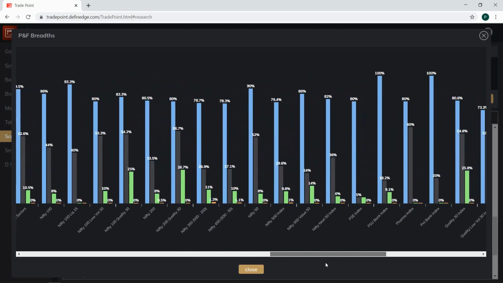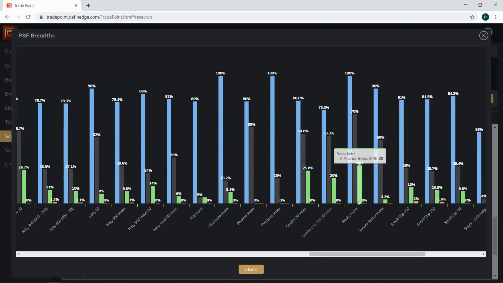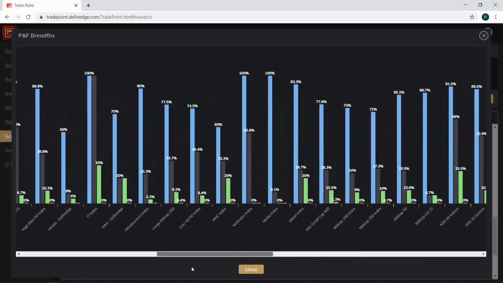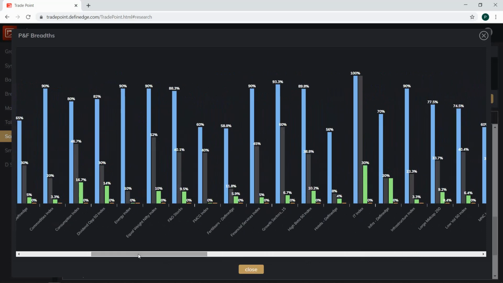So this visual analysis can quickly tell you, for example, here the realty index is very strong. All stocks in the group are in a bullish swing. 70% of stocks have generated a bullish breakout, 30% are in strong momentum. Those are strong numbers for a particular sector. So this is how you can really know how the stocks are behaving in every group or sector. Here you have sectors like chemical, fertilizer, sugar, which give you an overall idea.